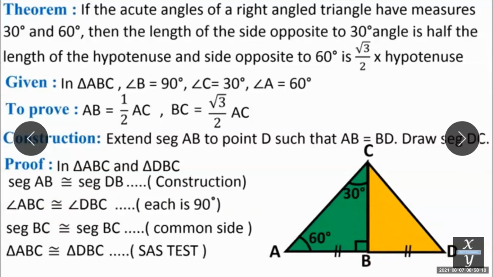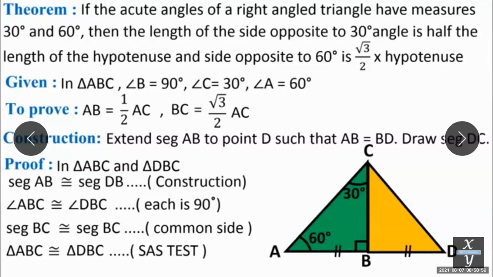Okay. And segment BC is congruent to segment BC. It is congruent with itself because that is the common side in both the triangles. So by the SAS test, both the triangles are congruent to each other. See, SAS test of congruency. Now we know that when two triangles are congruent, their corresponding sides and their corresponding angles are also congruent